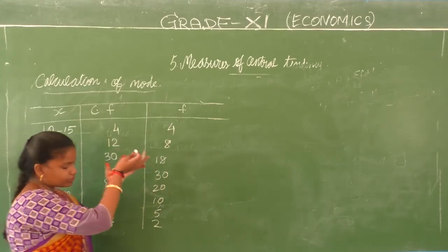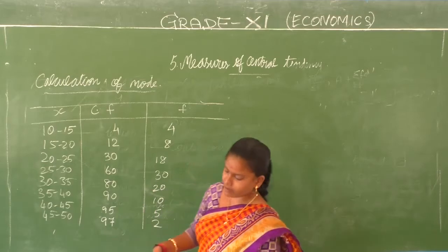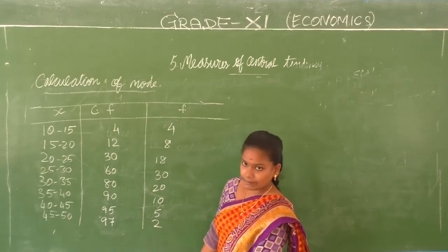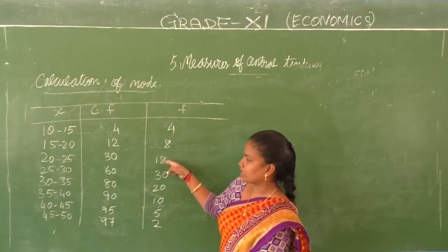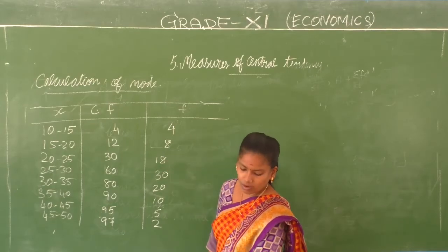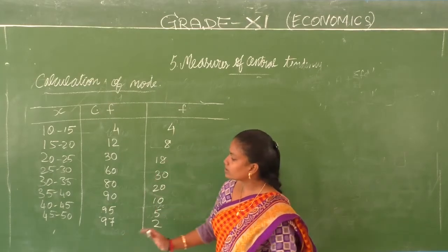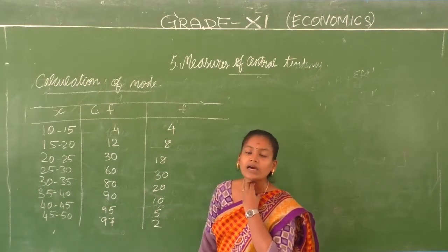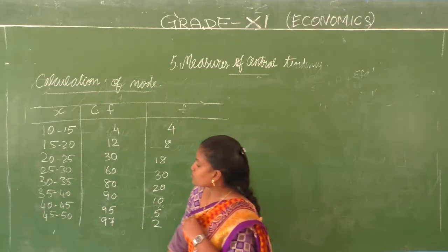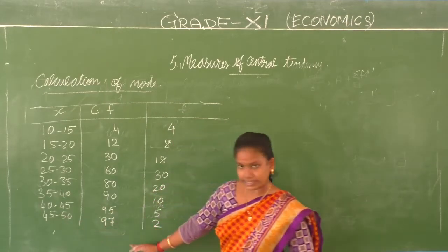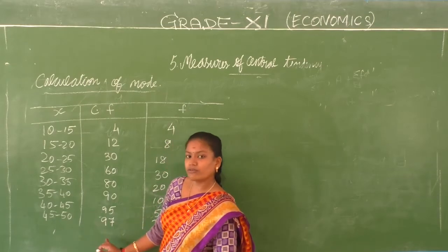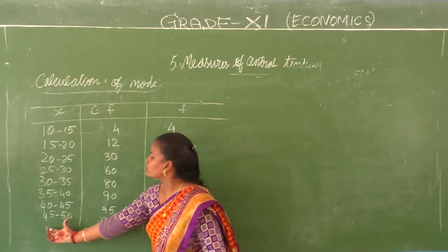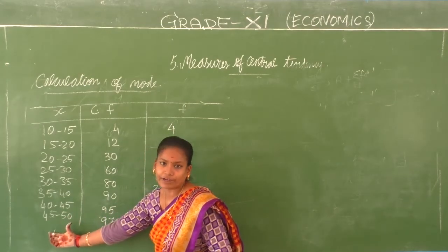So whether you put it in this order or come in the reverse order, the values are the same. They have given it as 2, 5, 10, 20, 30, and so on. I have just gone in this order. However you put it, the answers match the same. Do you understand how it came, children? So less than 50 is 97. Less than 45 is 95. So when you deduct it, you get the class frequency of 45 to 50.